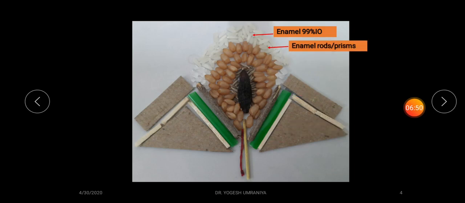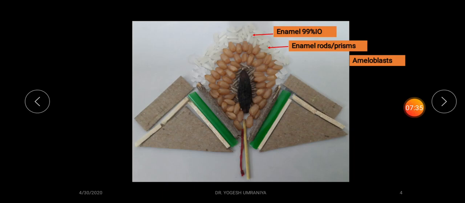The structure of the enamel is mainly composed of enamel rods or prism-like components, that are also arranged radially from the dentine to the enamel surface. In between the enamel rods as well as the prisms, there is a sheath, that is known as the sheath of the enamel rods. And this enamel is secreted by columnar types of cells present on the enamel surface, that are referred to as ameloblasts.